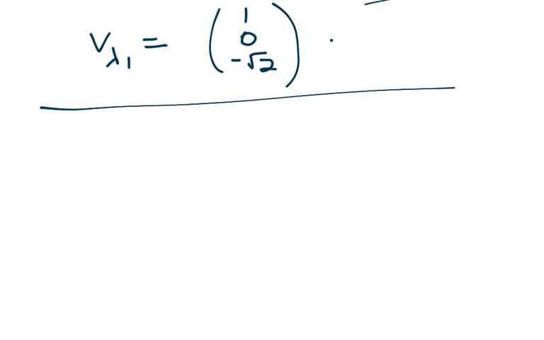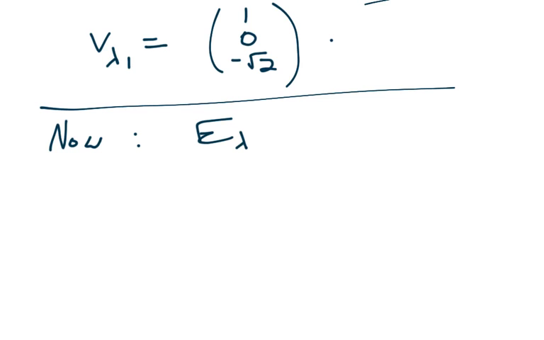We did the work of figuring out the first eigenvector, meaning the one corresponding to lambda 1, and we found that one of them, there are infinitely many, but one of them that worked is 1, 0, -√2. So now,